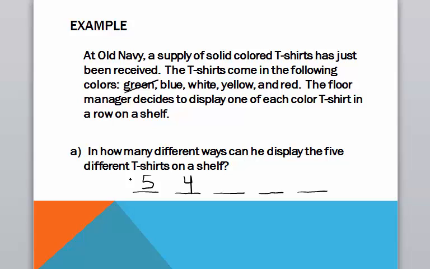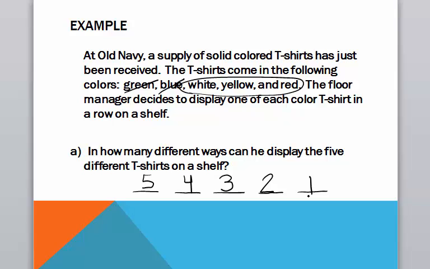So if he chose green for the first spot and blue for the second spot, then he has 3 color choices remaining for the next spot. We continue in the same fashion, saying that he then would have 2 color choices for the 4th spot and 1 final color selection